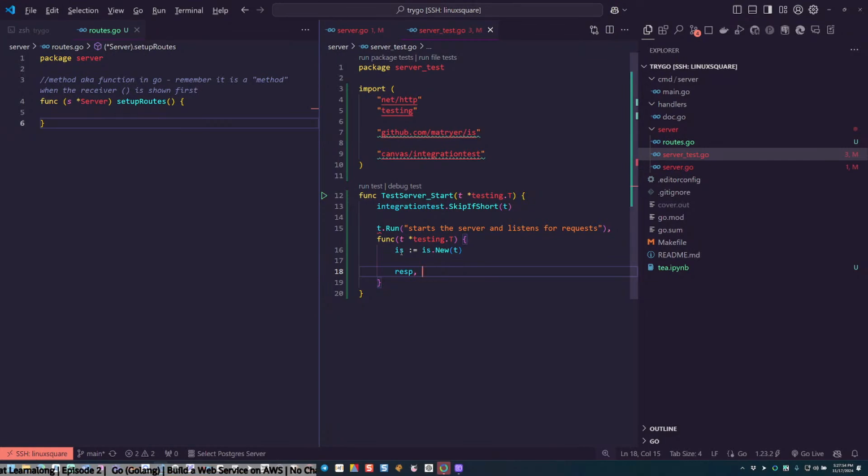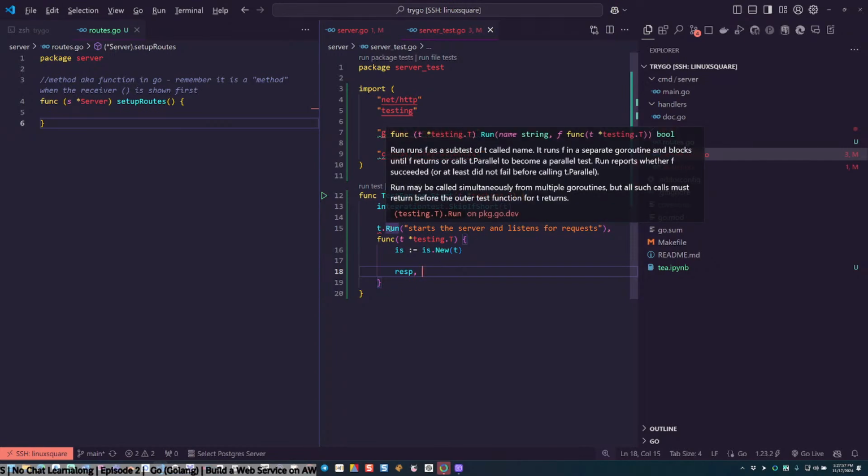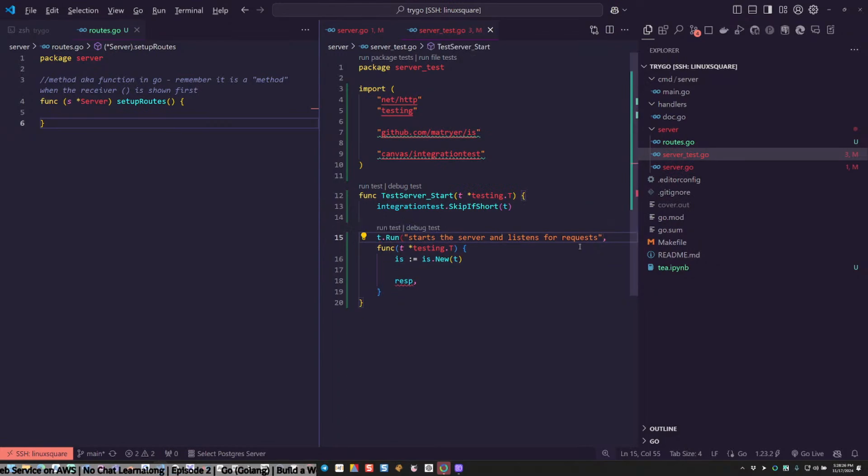t.Run, and this takes what? Run name string. So that's the, oh, it takes a string and a function, hence. Oh, that shouldn't be there. Okay. So it takes a name as a string, and then a function.